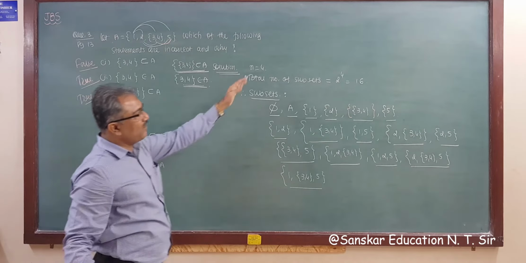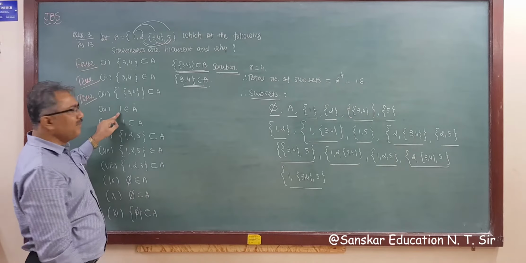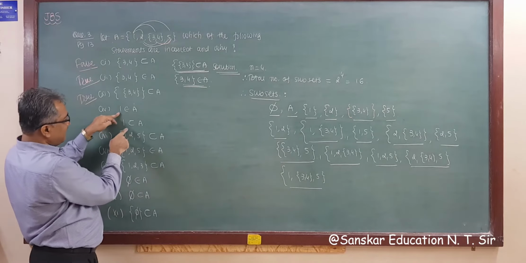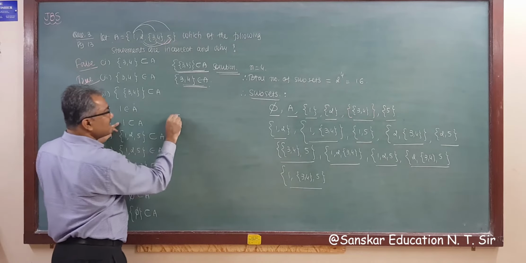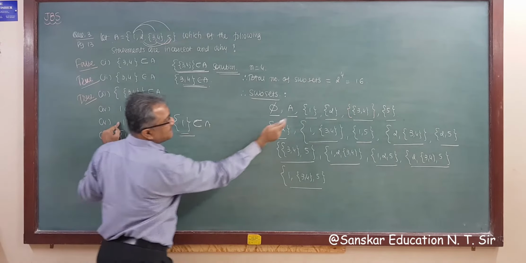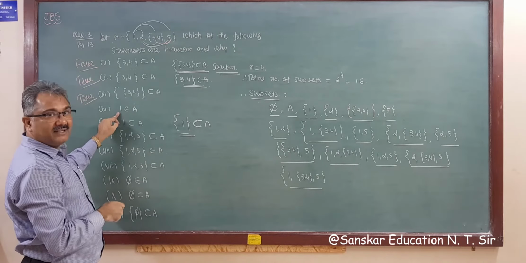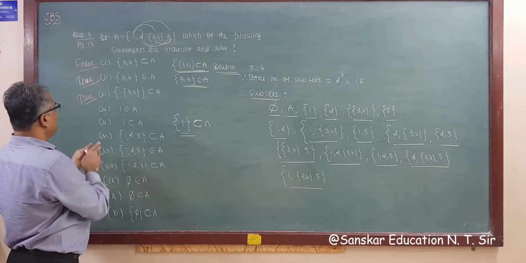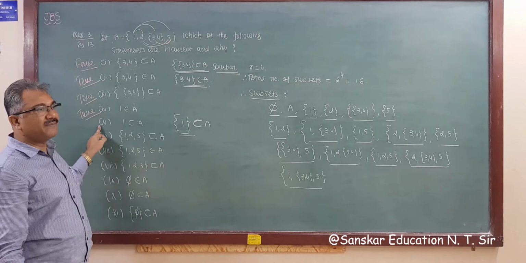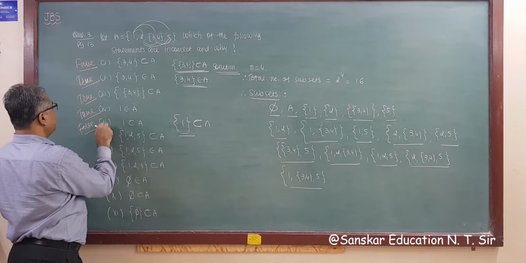So these are all subsets, which indicates your answer. Now 1 belongs to A is the correct one. Then {1} is not a subset of A, because this is the subset of A. See, this 1 is a subset of A. All subsets are here. So {1} is a subset of A, not 1. So 1 belongs to A. That is a true statement, right? And this fifth one is obviously false. So this is a false statement, right?